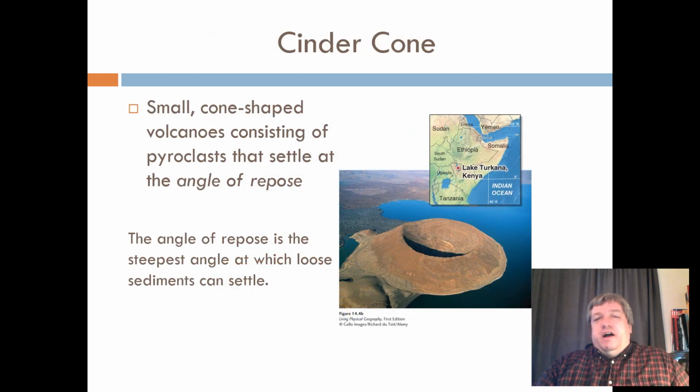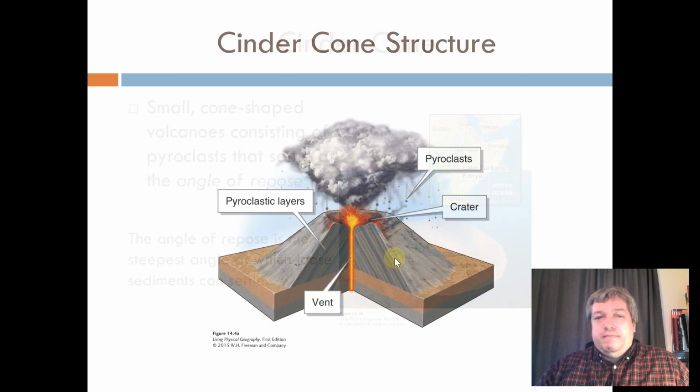The last one are cinder cones, and these aren't as common, and they're much smaller. Here, there's really an absence of liquid magma. There's very little liquid rock that erupts. It's mostly just chunks of rock and ash and dust, so there's very little to hold these together. They're basically just cones made of cinders or dust particles. If you've ever had a campfire and you put it out, and what's left behind was pieces of charred wood and ash and dust, that's pretty much what this is. So very, very short, very, very steep. There might be a little bit of lava, but it's mostly just ash and dust.